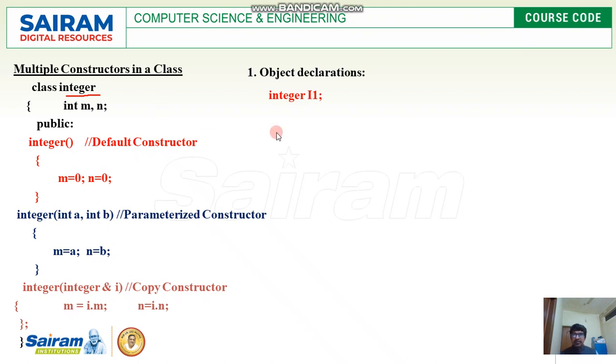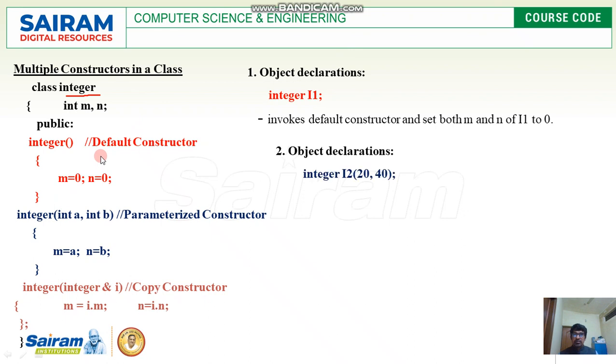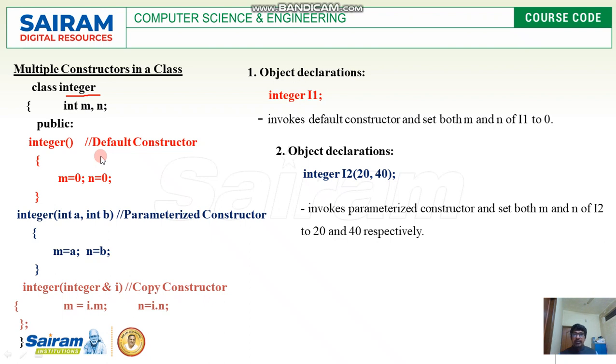When I declare like this, look at the first statement, which is going to invoke the default constructor, and m and n will be assigned 0. If I call the constructor with two parameters, it is going to invoke the parameterized constructor, and m and n are going to get the values 20 and 40. If I create an object in this format,